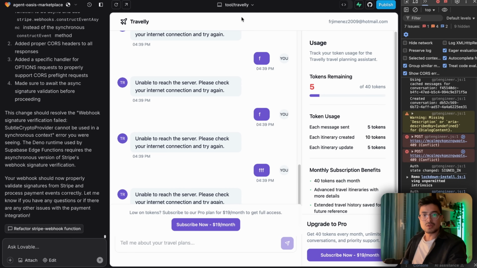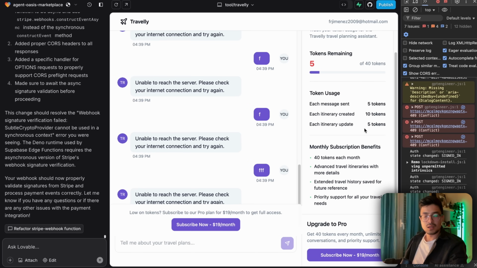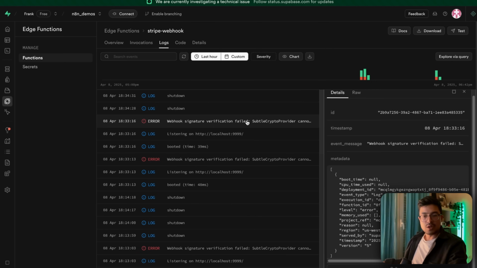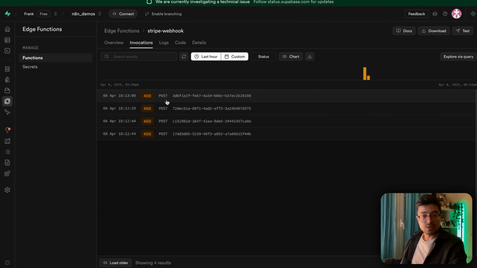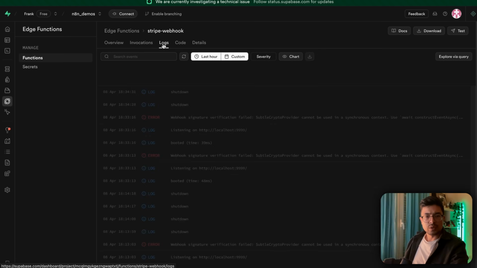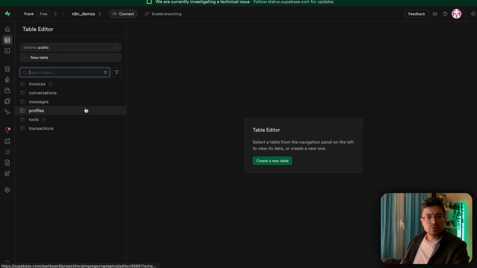So we are going to go back to the login page. We're signed in and there's still something going wrong with the tokens. So let's check here. So we have another error happening at 42. Okay, so we still have this 400 error happening at 42 past. So I don't know why. We perhaps need to refresh that. So 42, that's weird. So you didn't receive anything. I want to know if,